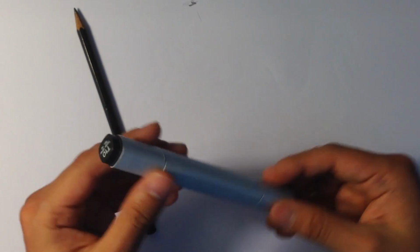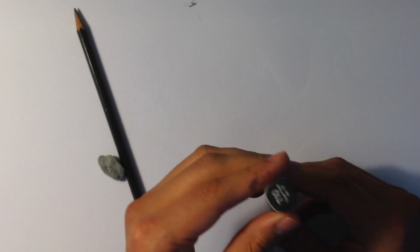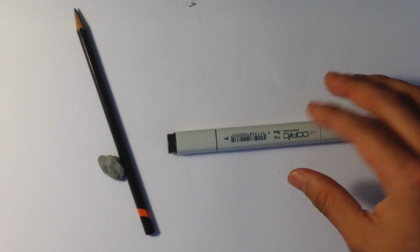It doesn't really matter what marker. You can use a magic marker if you want. You can even use a permanent marker like this. See, this is like an Office Depot marker. But I'm using a Copic marker. It has 2 sides. There's a thinner side, and then there's a thick, fat side. So we'll see. I might just use the thinner side. I'm not sure yet. This is a T10. It's not quite black, but it's close enough to black. I feel fine to use it, and then I'm going to be coloring it with